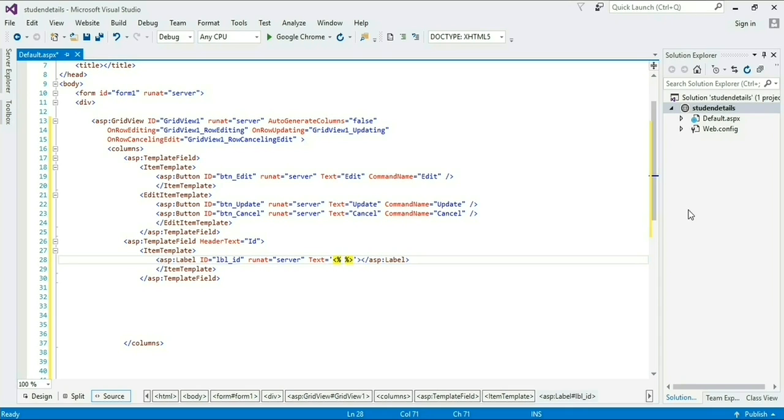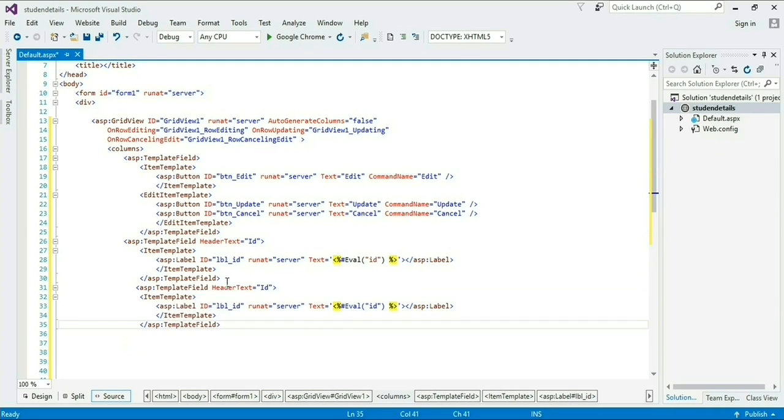For that I have to take this bracket and percentage mark, and between them, hash, sorry, sharp you can say, and Eval, and under this bracket I am giving the column name, our database column name id. By taking this label we show the id column values. Now I am doing the same for all columns.